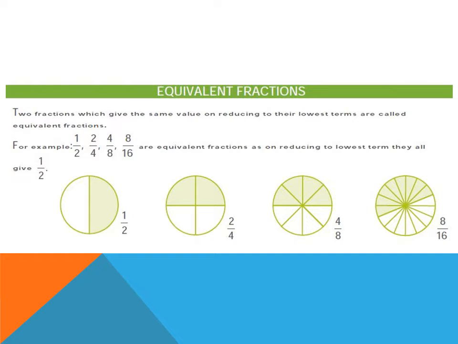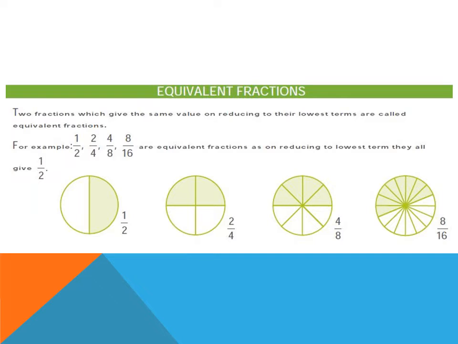2 by 8. Again, let us consider I have a whole pizza and I have divided the pizza into 4 equal parts and I have eaten 1 piece. Then what is the fraction that I have eaten? 1 by 4. Now, if you compare the size of 1 piece out of 4 pieces and the size of 2 pieces out of 8 pieces, you will see that I have actually eaten exactly the same amount of pizza in both the cases. So now, pay attention.